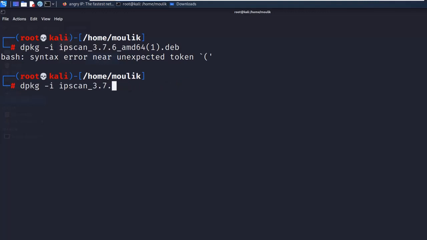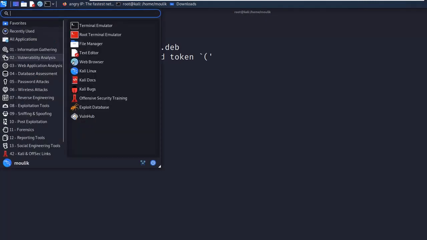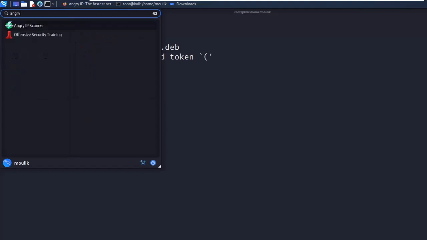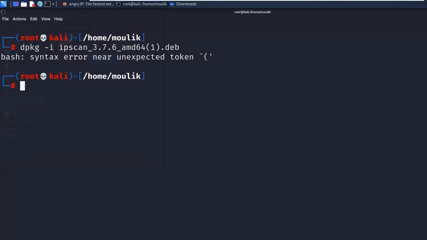Once you did the unpackaging, you can just go to the application over here in the top left corner, and in the search just type Angry IP and you can find the logo over here. Just click on it and it will load up with a graphical user interface. So let's wait for it to load,